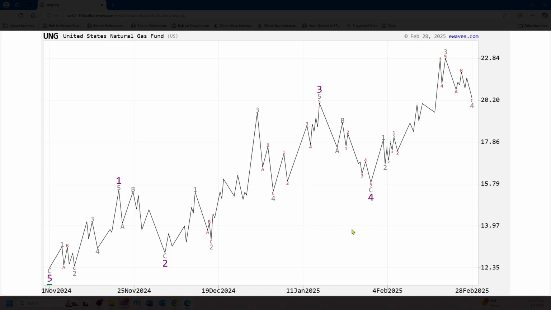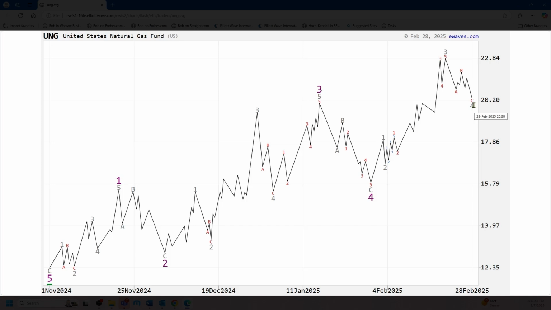When we opened the chart of UNG on March 3rd, Monday, using the data through February 28th, the previous Friday's close, we saw that EWAVES was labeling the latest rally as a wave 3 and the pullback as a wave 4. The low on February 28th was 2030. So on Monday, March 3rd, when UNG was trading at 2088, we sent out an up alert for UNG